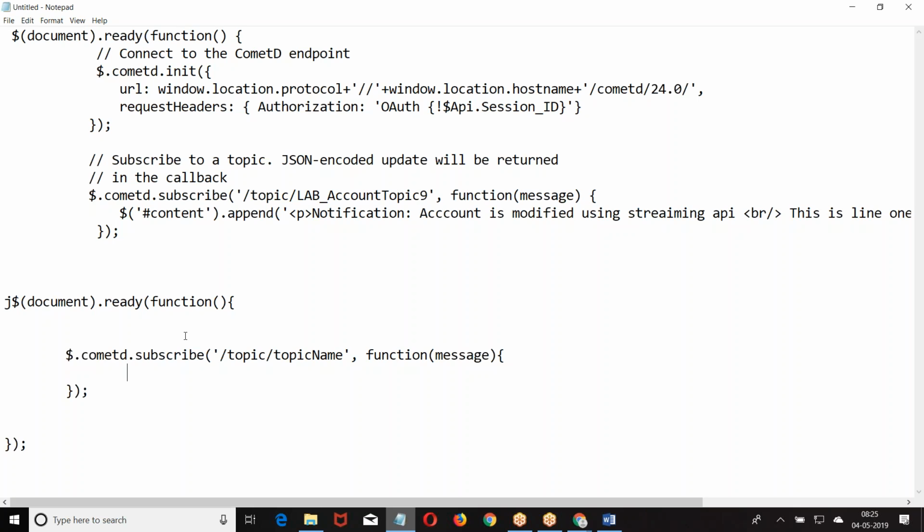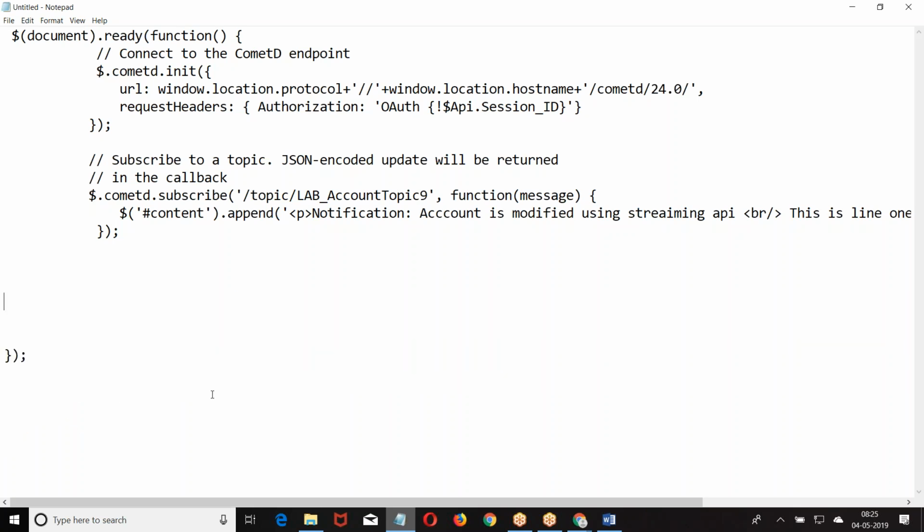So there are two things which you need to understand here. One is initialization. Other one is subscription. So $A dot init. Then we had